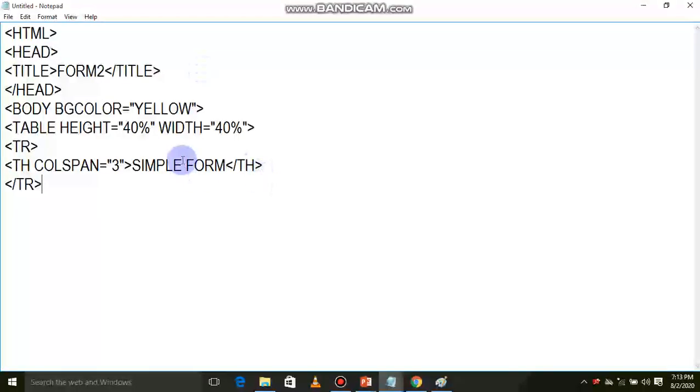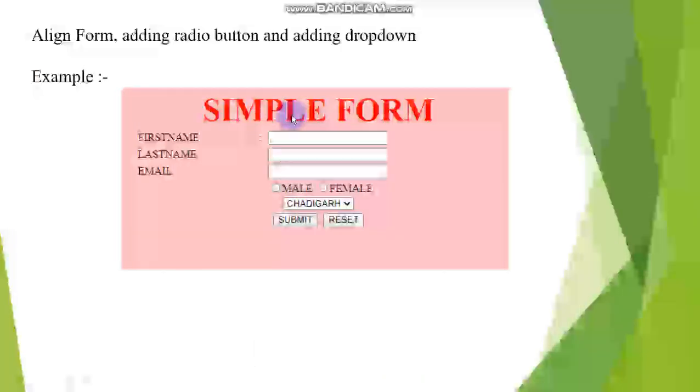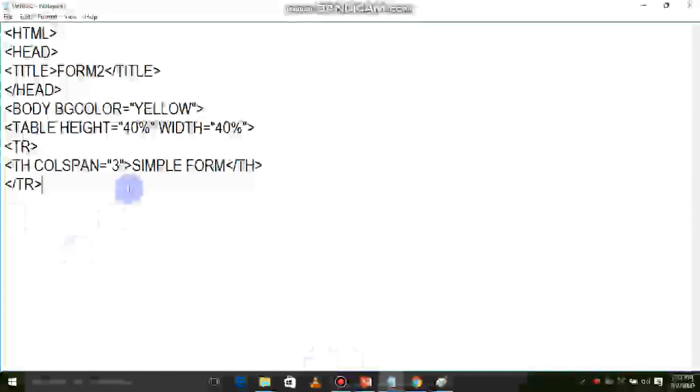Here I am using colspan because, if you can see here, this one is in a merged line, so that's why there I am using colspan is equals to 3. That row and column is not appearing because I am not providing here table border. If you provide, then you can see the row and column also.